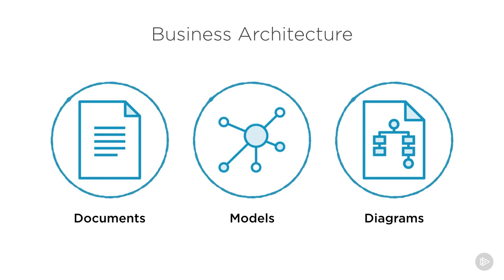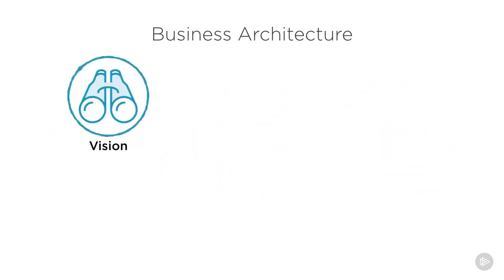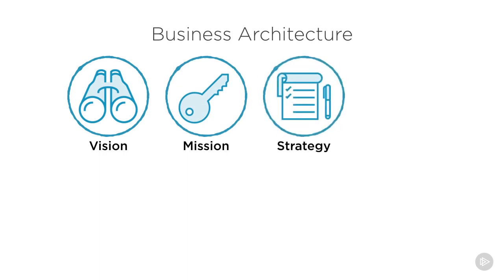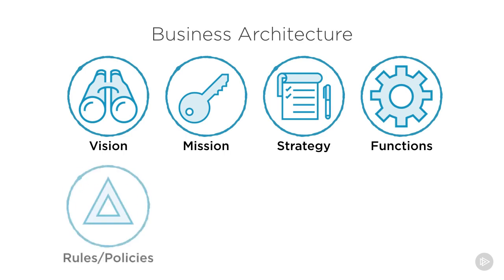Some of the assets that we'd hope to see inside of a business architecture that would make it more valuable for us to work with as analysts would include information on a company's vision, as well as its mission statement, any strategic documents or overriding strategic goals and philosophies that help to guide the organization, information about the organization's functions, how we complete the businesses that we're in, how we do the work that we're supposed to be doing,